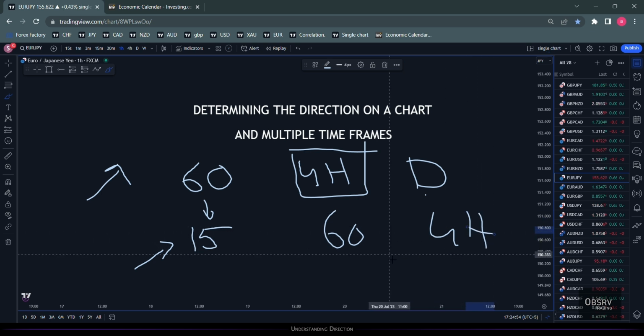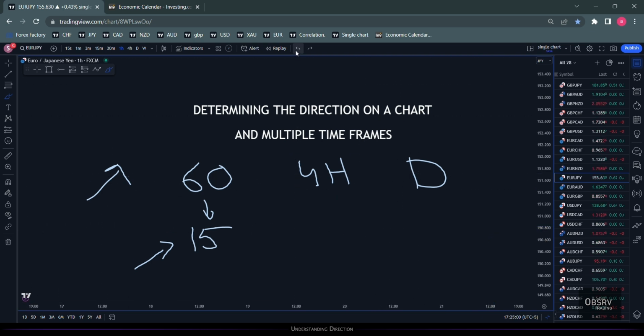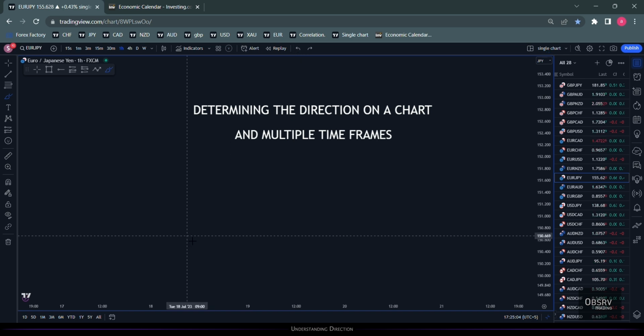Now, once you guys have established what time frame you're going to be looking at, throw the time frames out of the window. What I'm going to show you now is applicable on any time frame, starting from yearly, coming down to 1 second. It's applicable on every single time frame. So how do you determine the direction on a chart? First of all, coming back to the basics,